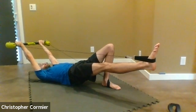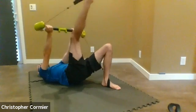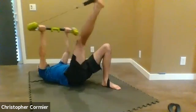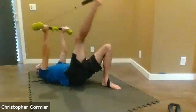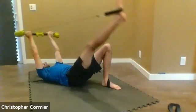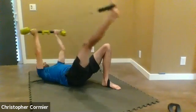Now, as you reach the right leg towards the ceiling, you reach the arms towards the ceiling, and then you reach the arms above you as you lower the leg in front of you. Good. You're going to just lower the leg as you reach the arms up. Lift the arm, lift the leg. Good. For 5,